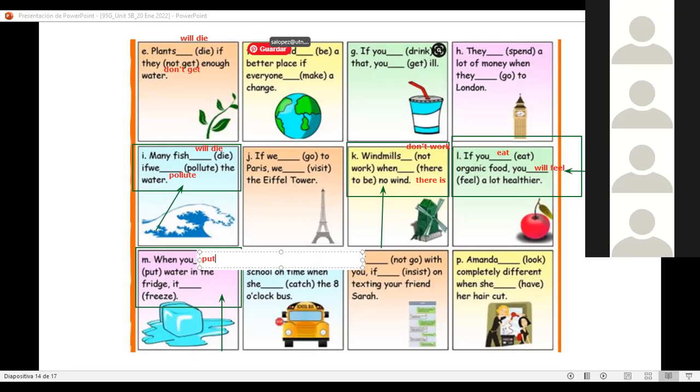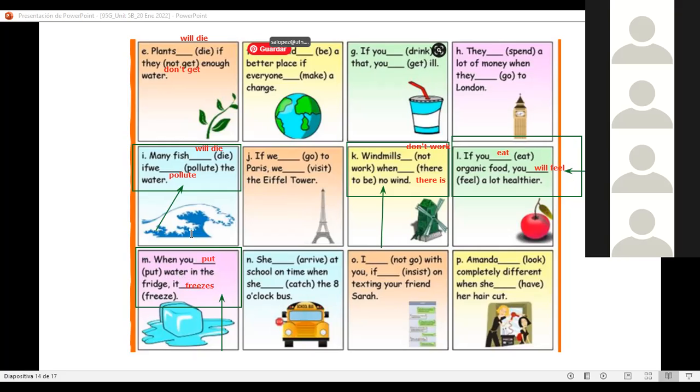Good. When you put water in the fridge, it freezes, right? Es una verdad absoluta, algo que va a pasar, no va a cambiar. Si ponemos agua en el congelador, se va a congelar, ¿no? It freezes. Good.